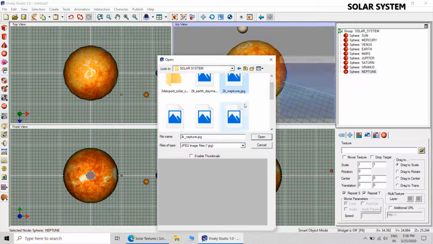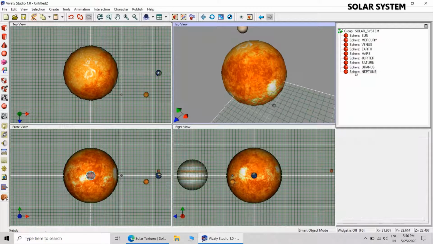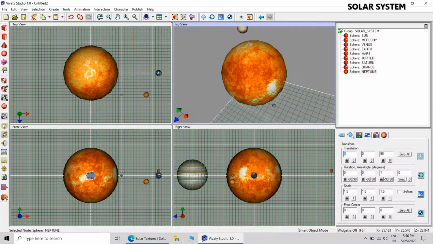And Neptune, it's a blue type of planet. So that completes the creation of the entire solar system.